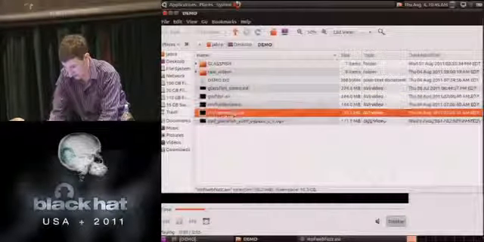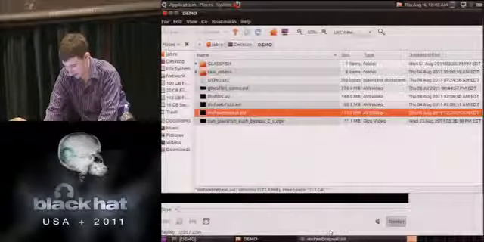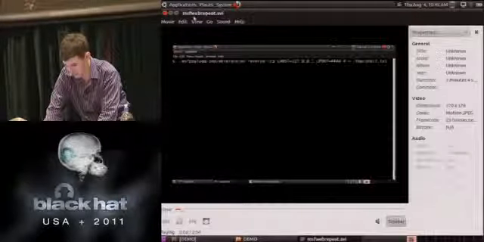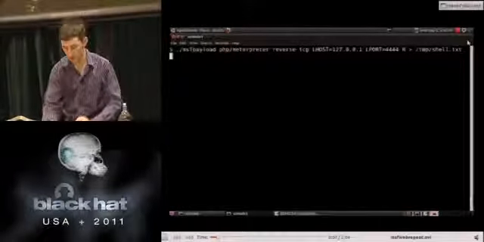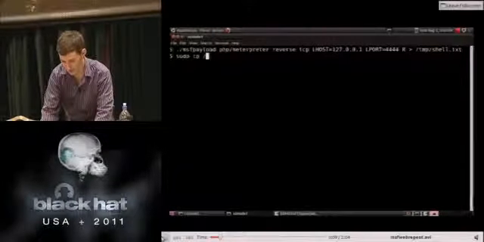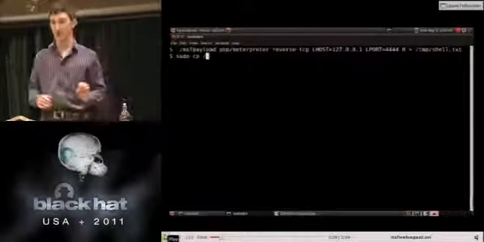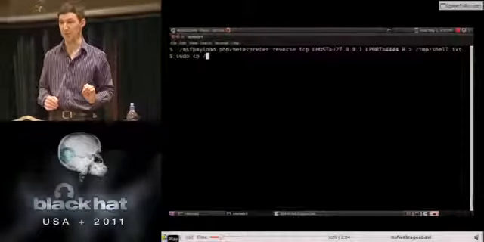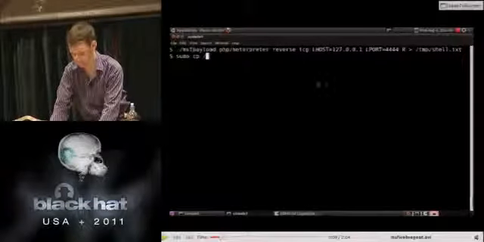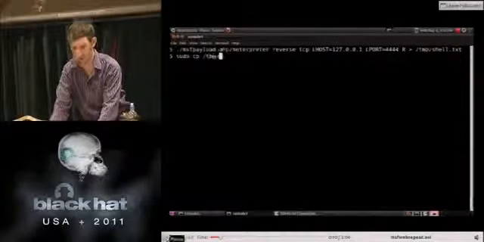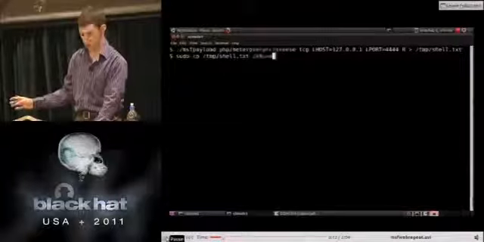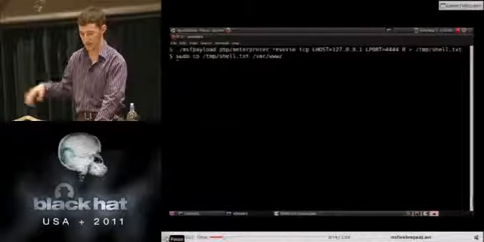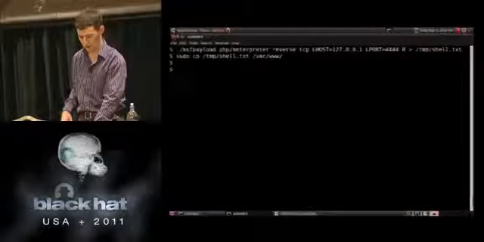So this one's a little bit better. This demo is leveraging that same exact attack vector, and we're going to get a shell on the box. The first thing we do is use MSF payload to generate a PHP interpreter shell, and we store that as temp.shell.txt. Then I'm going to copy this into the web root on the attacker server.